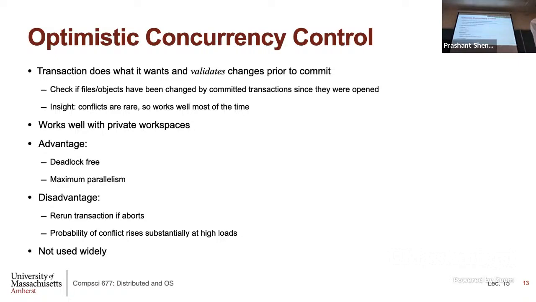So commercial systems don't implement optimistic concurrency control because of the potential of high abort rates of transactions at high loads. You would rather have a little bit lower throughput and finish more transactions than do this. That is their reasoning as to why they don't. But it's still a good idea. You can use it if you have a lightly loaded system. It's actually good from your